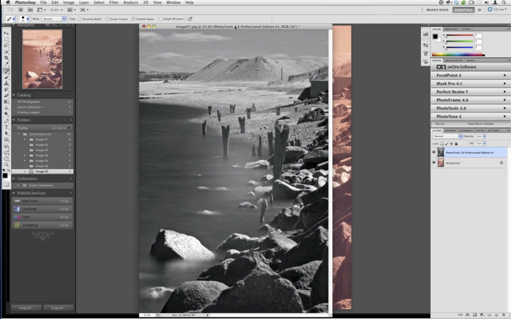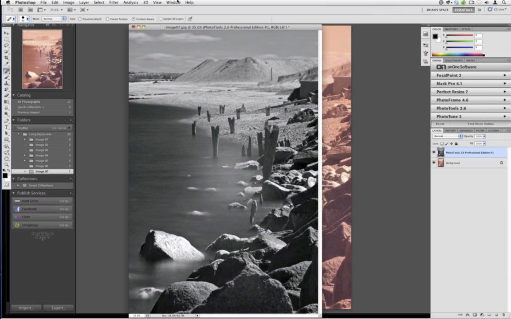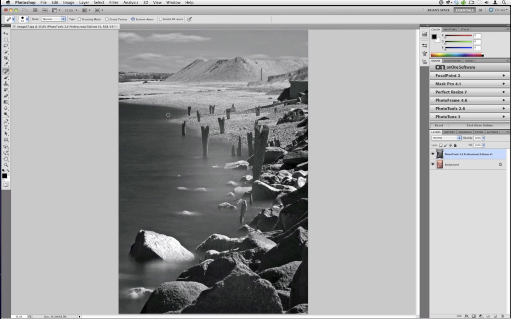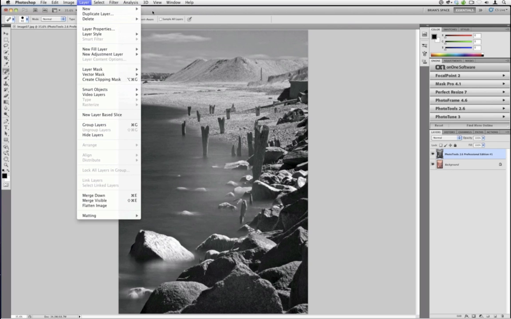I can show you also in Photoshop, if you guys are interested, how you can add a dodge or burn effect. So I'm going to go here and turn on my application frame so that we can hide the background. One of the ways I learned early on to do a dodge or burn, which is to lighten or darken: take your active layer, go to Layer, then go to New Layer,